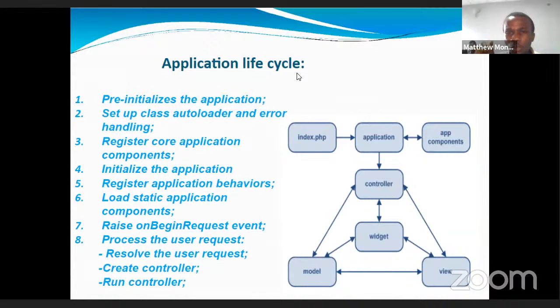So when you try to visit a page, you first get to the controller. Now, this controller communicates with other components, which are the view or the widget. After the widget, it is also linked to the model because most of our work in the widget has to do with the model. Then we have the view. So this is just a general overview of how the framework operates when you try to visit it. Let's go to the main thing, which is